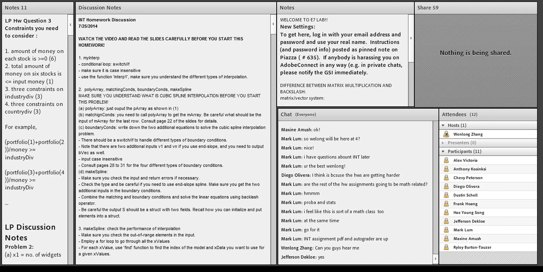Okay, but for your own benefit, please try to understand what equation 1 is. If you read the slides or watch the video, you will see that this poly array will be used to do this matching condition. This poly array function will be called multiple times when you write down the matching condition for